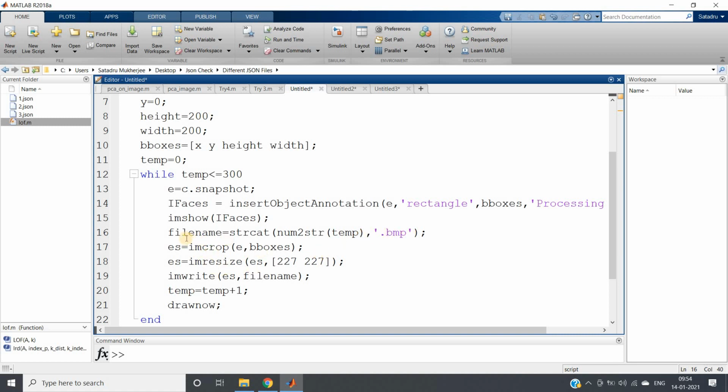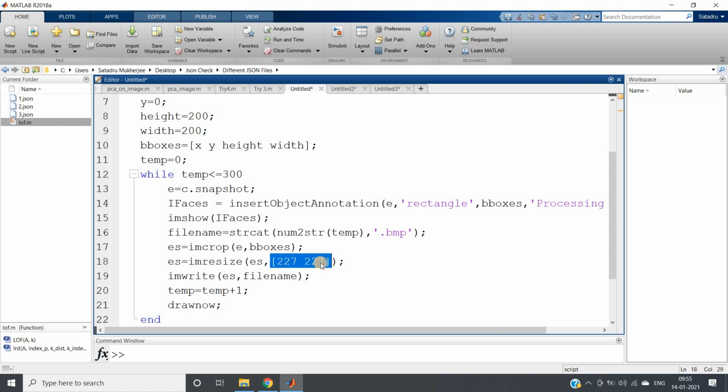Then see, this is our whole image, the variable eye face, but actually our region of interest is this bboxes part where we have kept our hand gesture, either 0 or 1 that we will try to show. So we will be cropping that particular part and resizing it to 227 by 227.